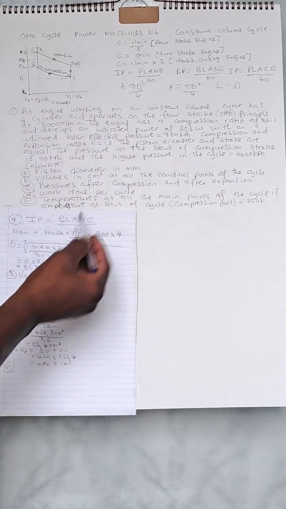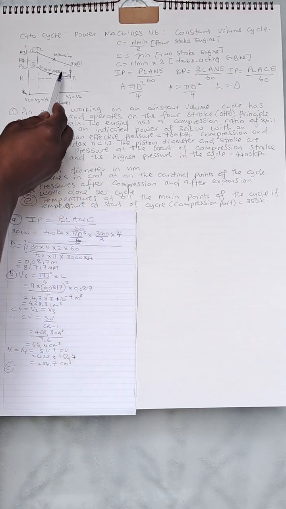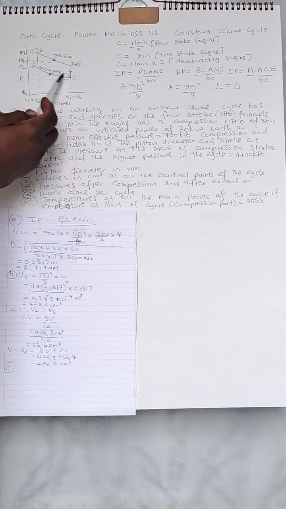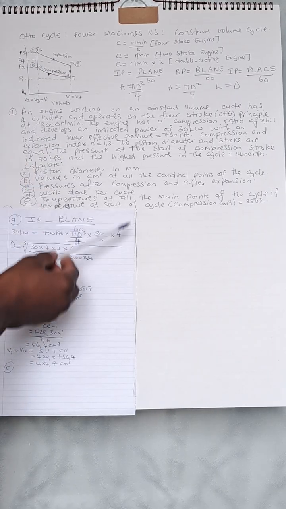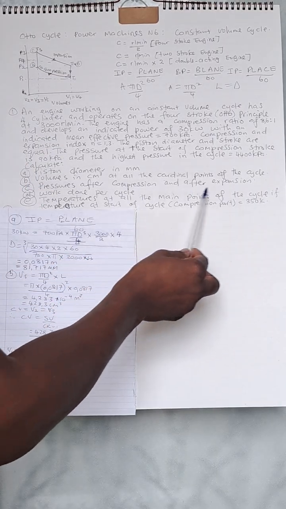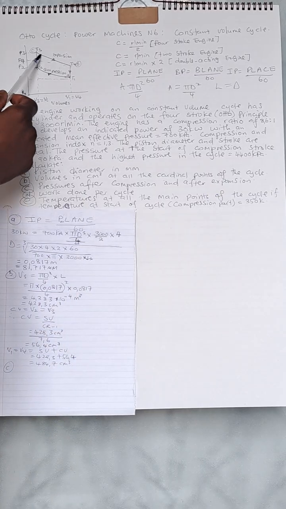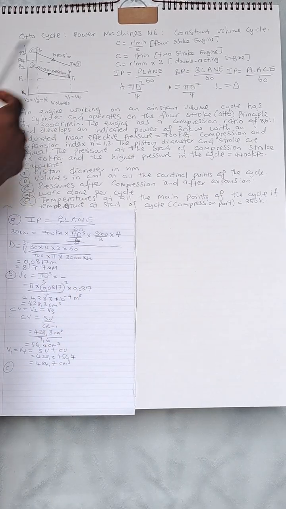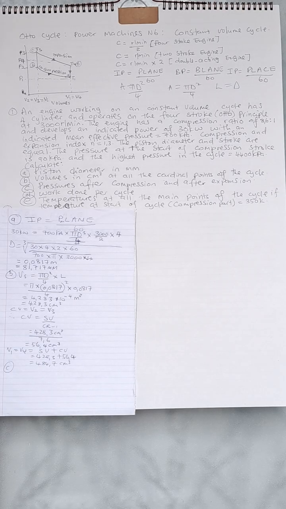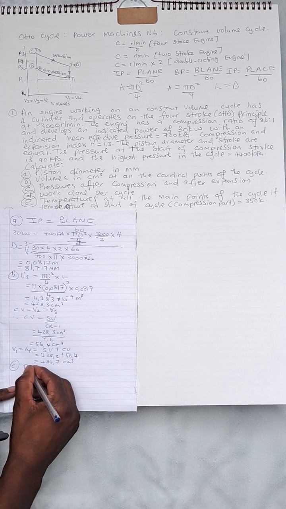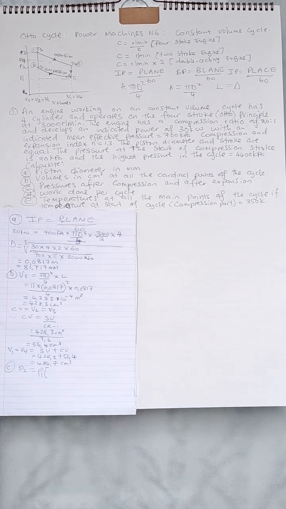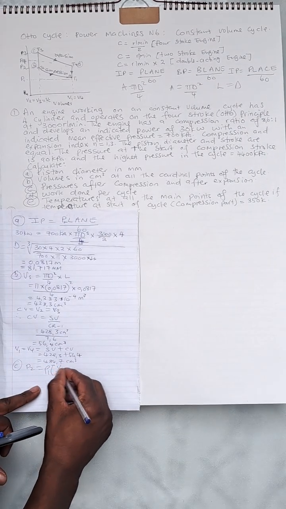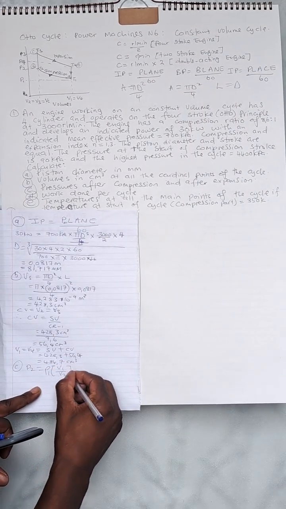So we need the pressures after compression as well as after expansion. Compression ends here. So we are looking for P2 and the pressure after expansion. This is our expansion stroke. So pressure after expansion, that's our P4. So let's get our P2. So which formula can we use to get our P2? P2 equals P1 into, we can use the ratio of our volumes, V1 over our V2 to the exponent